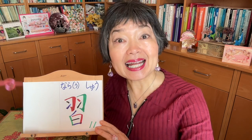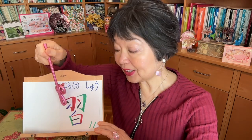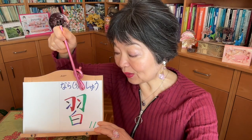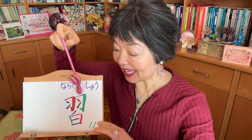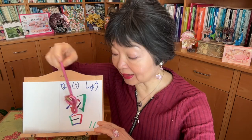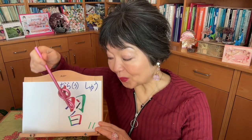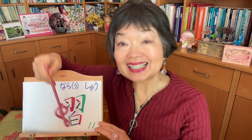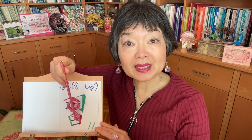The stroke order: at first this part, the wings. At first this red one, and here, from katakana, wa wo, like this. And now the same one, but you see this is going up a little bit like this. And this one is a little bit longer than here. And again. Now the lower part, this is the kanji of shiro. So at first this one, and now this one is he. So one like this, the green one, and now the red one like this inside, and this black one and